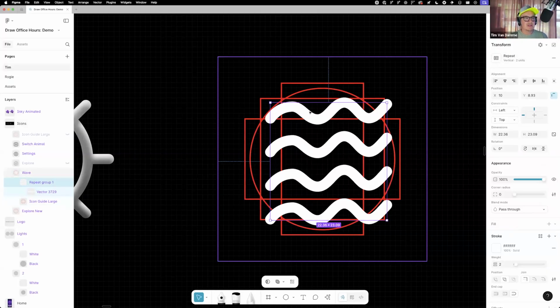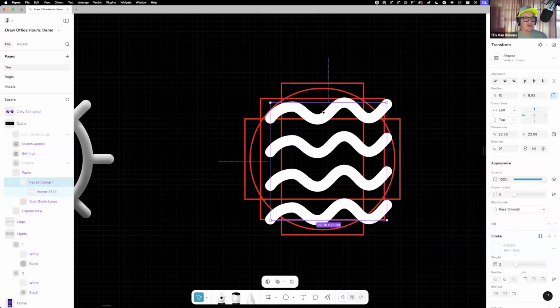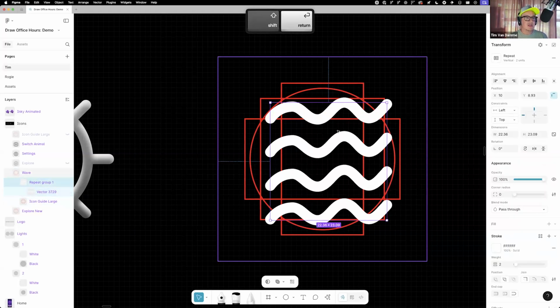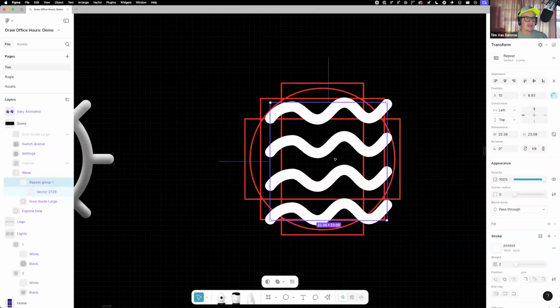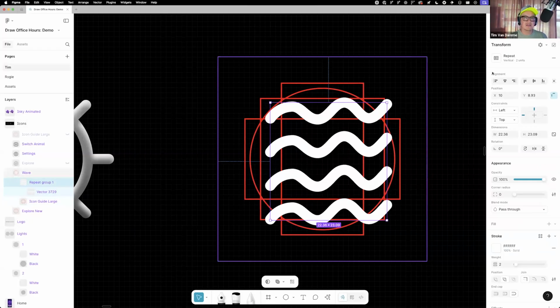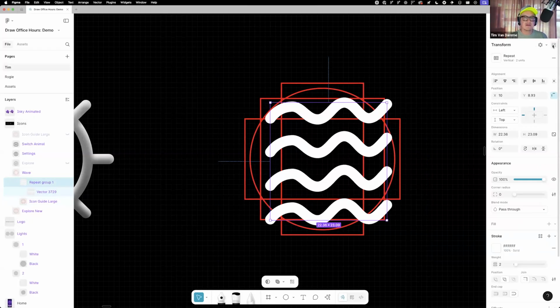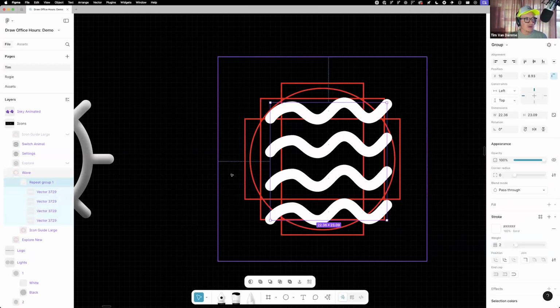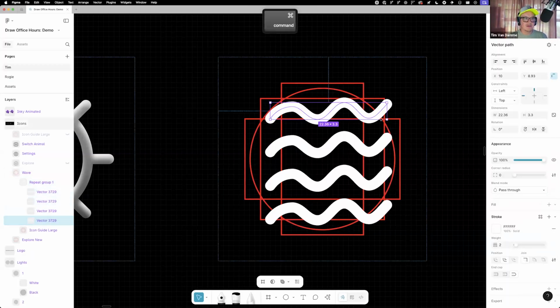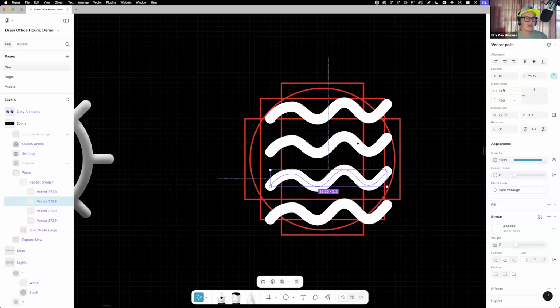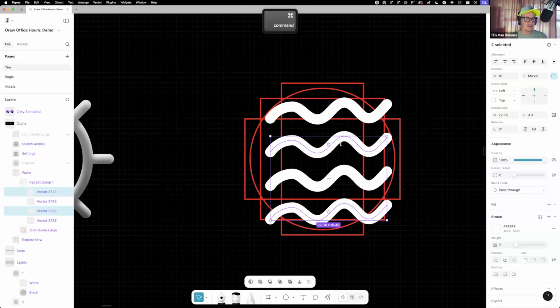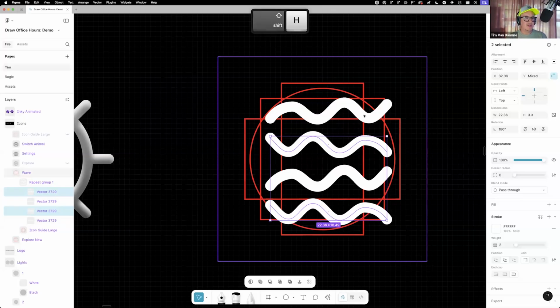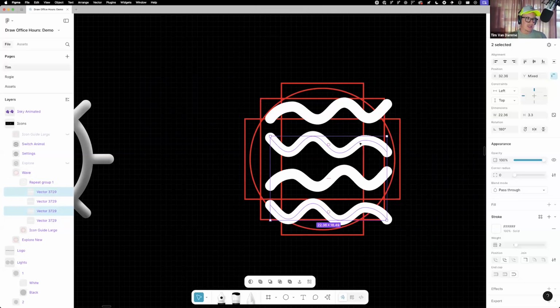But I do think for the next part, I want to do some manual work. So right now, this is one object repeated. If I want to edit the individual wavy lines, I can go over to the top right here and click on apply. And what apply does is instead of one object, we now have 4 wavy objects. So let's get to work here. I'm going to use a couple of different tricks here. I'm going to select the second and the fourth, and then I'm going to do Shift H, flip them over horizontally,